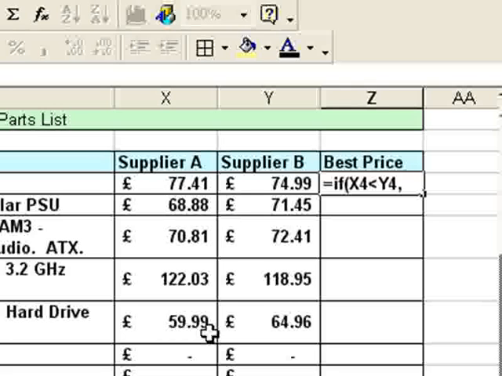And all I want is a word to appear on the screen, or the words supplier A, indicating that supplier A is the best value. So I'm going to simply type out supplier